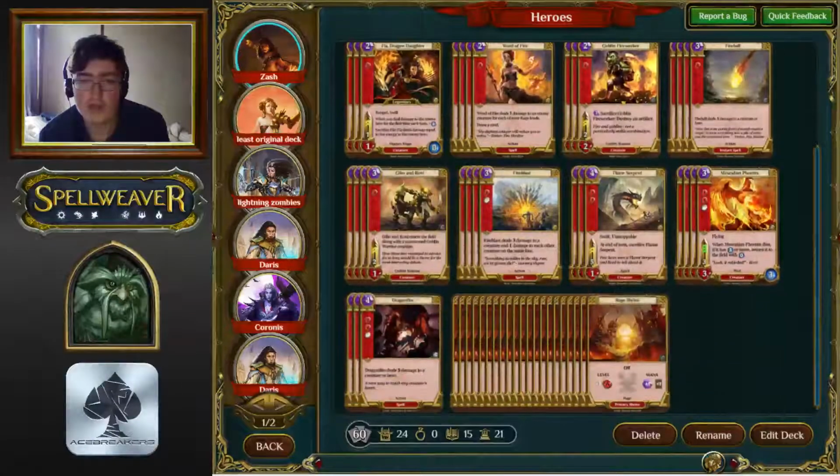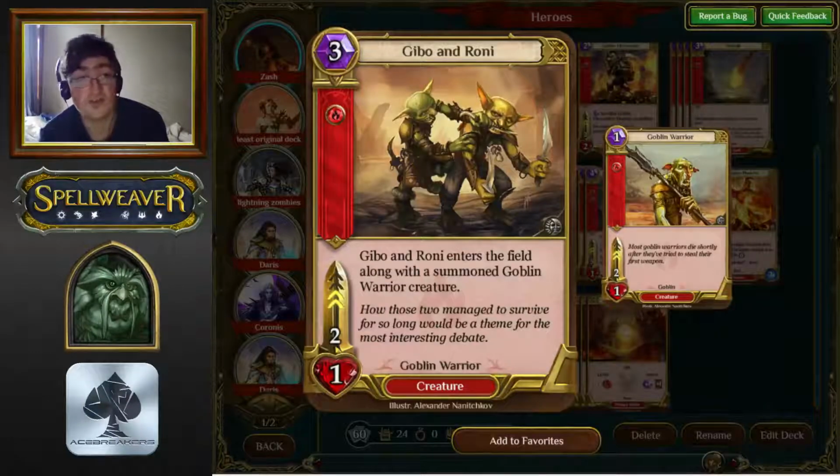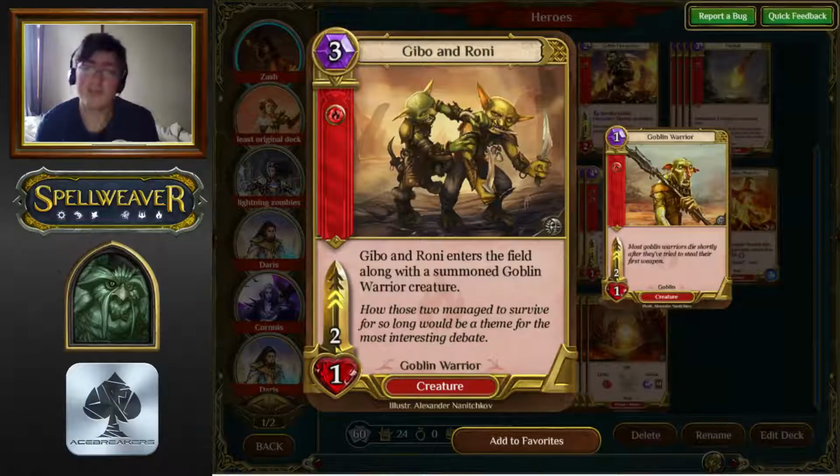Onto the 3-drop creature. There's only one 3-drop creature in this deck, which is Gibber and Ronnie, which surprises absolutely no one. Gibber and Ronnie is one of the best creatures in the game. It's not like really far up there, but it's definitely very, very good. It provides a lot of value. For just the 3 mana, you get effectively 4 attack and 2 health across 2 bodies, which is actually very, very